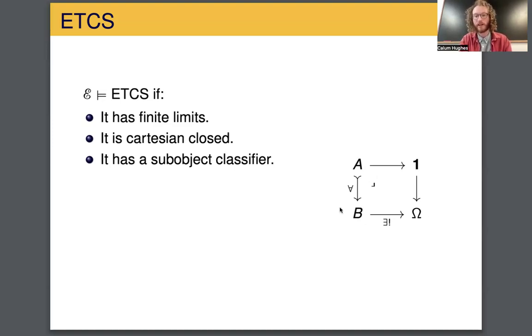And so given an injection in the category of sets, we may as well think of this as a subset of B, because every injection is isomorphic to a subset of B. And so we define this bottom map here from B to omega by sending b to 1 if it came from the subset, or 0 if it didn't come from the subset. And so this defines a map from B into the two-element set and makes this a pullback. So Set has a sub-object classifier.